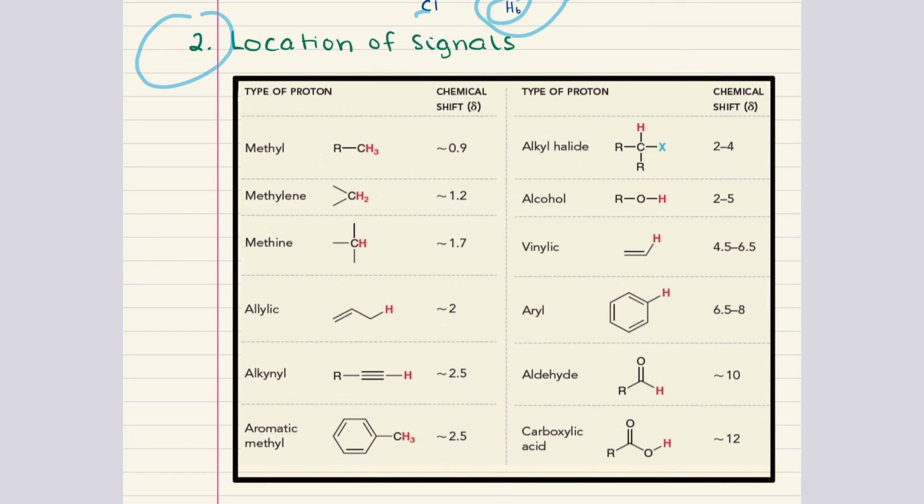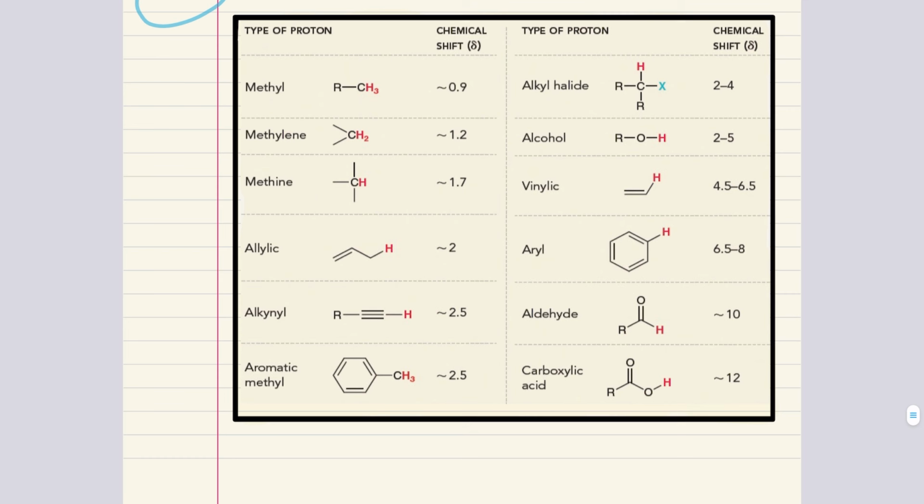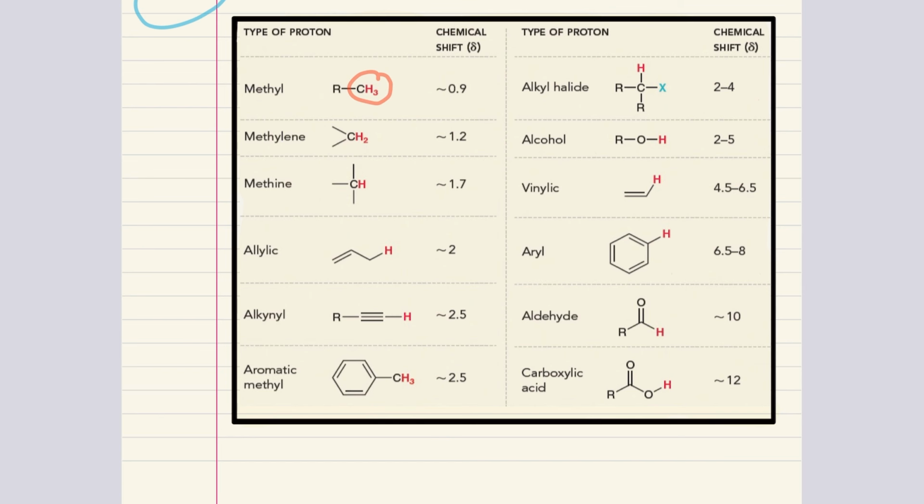Let's take a look at the table right here that shows the typical chemical shift ranges for different types of protons. Methyl groups usually appear around 0.9 ppm. Methylene groups are around 1.2 ppm, and methine is going to show up near 1.7 ppm. If a proton is next to a double bond but not directly on it, like an allylic hydrogen, it appears around 2 ppm. Then protons that are attached to triple bonds and aromatic methyl protons both show up near